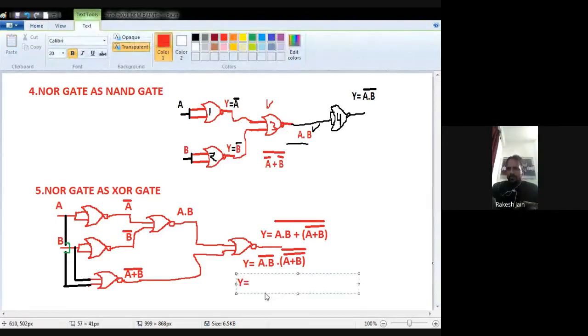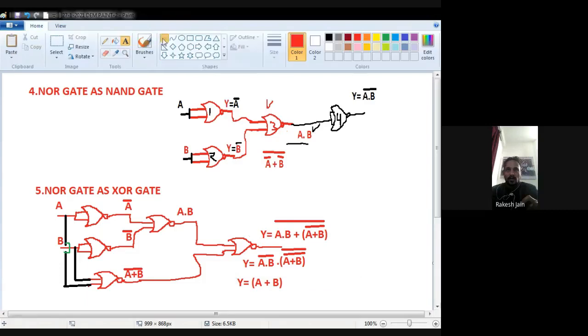Now see what will happen. So Y is equal to, now two things, first is A, second one is B, two inputs are there, one is A, one is B, having a dot in between them and then having a bar. So again apply the De Morgan theorem in the first, A dot B bar. Write down first thing having a bar plus second thing having a bar. So the dot will be converted into plus and A and B both having an individual bar, okay.